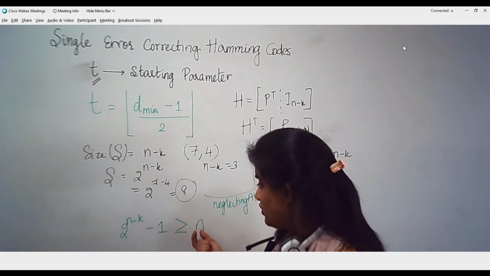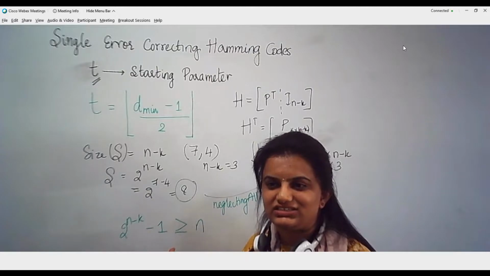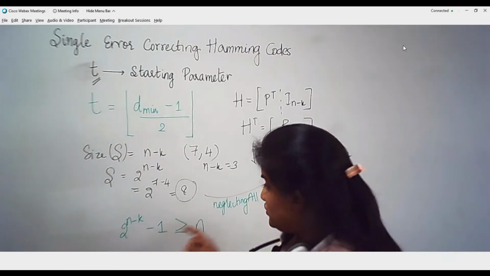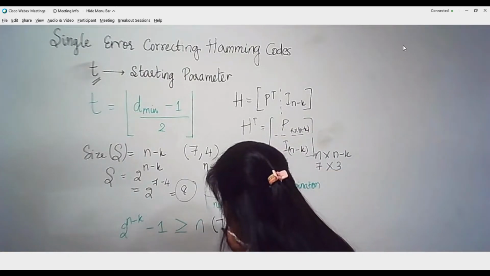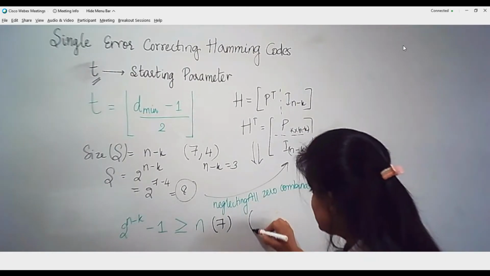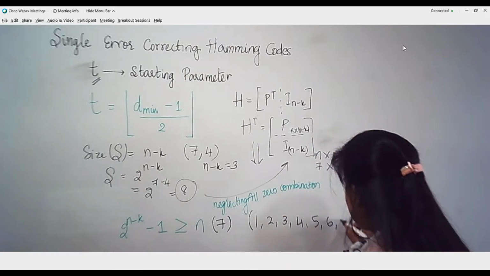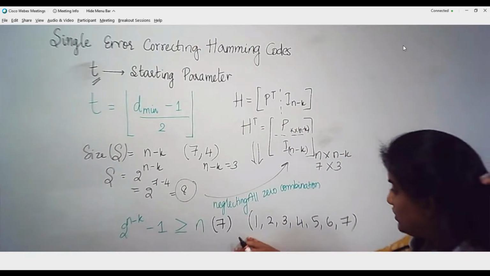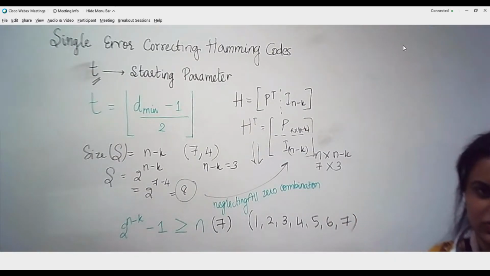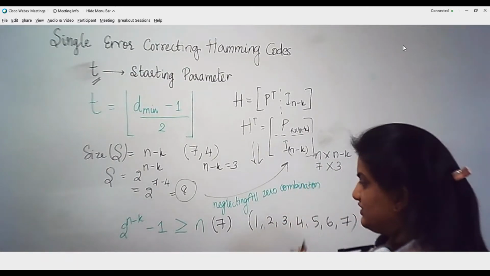Okay, the number of bits in the code vectors. This is because we are stating that it is a single error correcting code. So let us assume I have a 7-bit code word here. The number of possible error locations are 1, 2, 3, 4, 5, 6, 7. In one among these locations, the error is going to occur while it is being transmitted over the channel. So what does this mean? One of the positions will end up in an error at the receiver side.